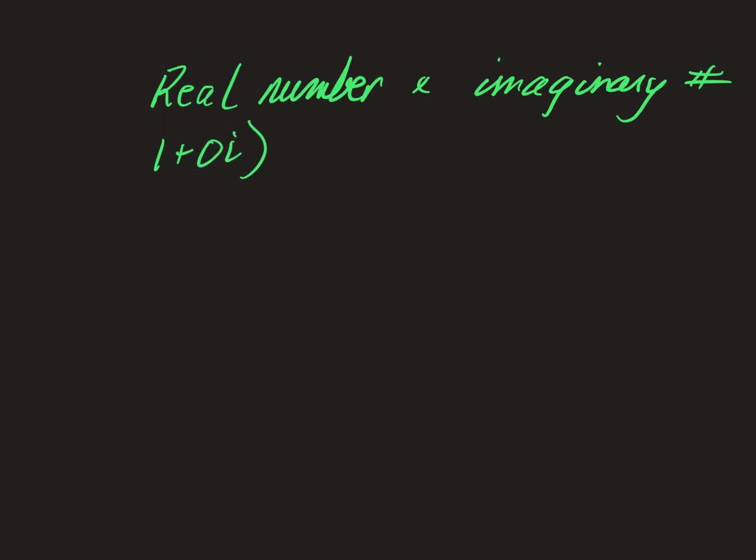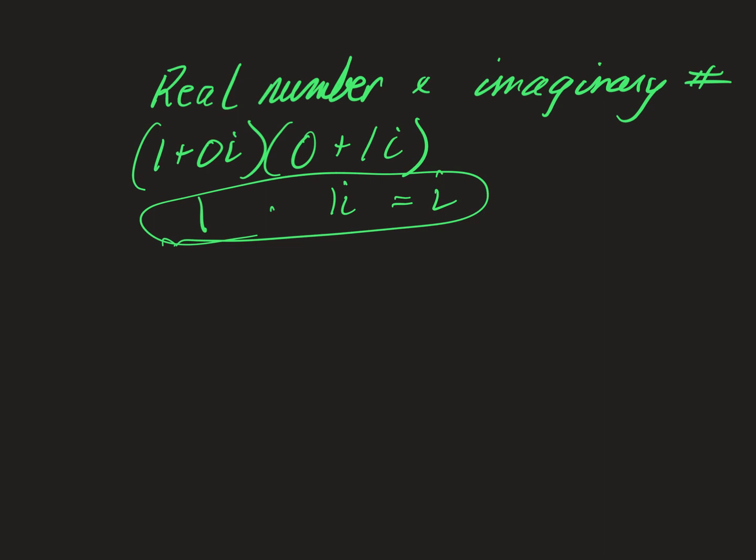So we're going to take 1 plus 0i, and we're going to multiply it times 0 plus 1i. So the real number is 1, the imaginary number is 1i, or just i. And when you multiply that, it's easy to see that it's just 1i. But what happens geometrically? What's going on here? So if we look at this, and we take the real number right here, (1, 0), if we multiply it by an imaginary number, in this case 1i, we end up moving the number,